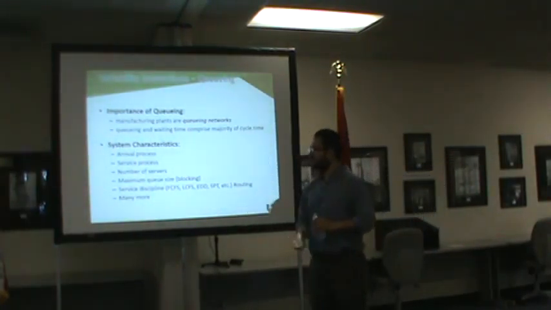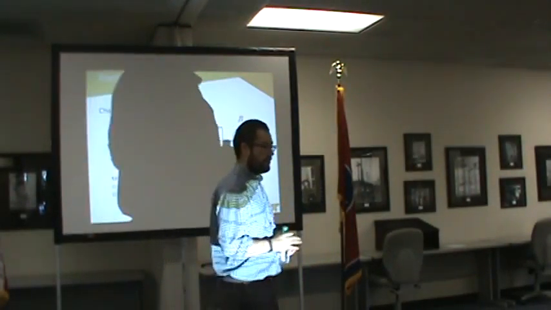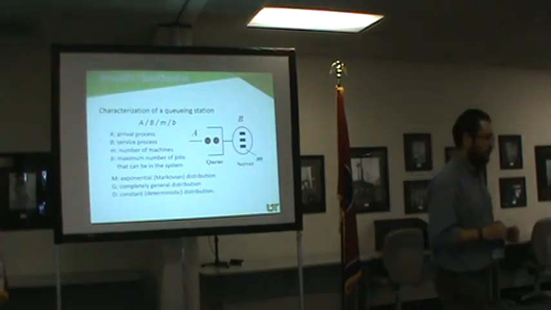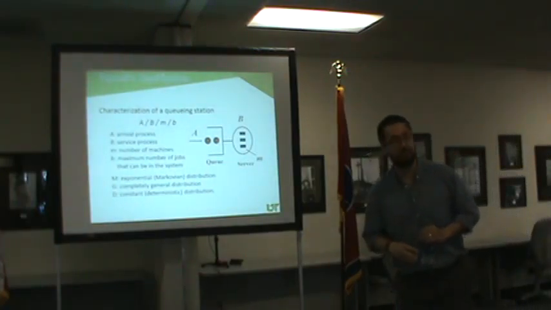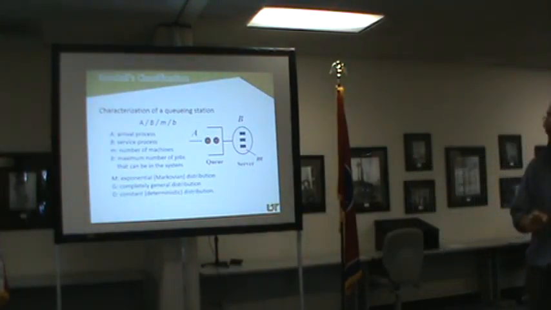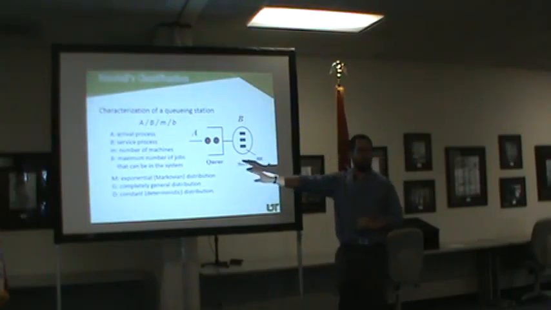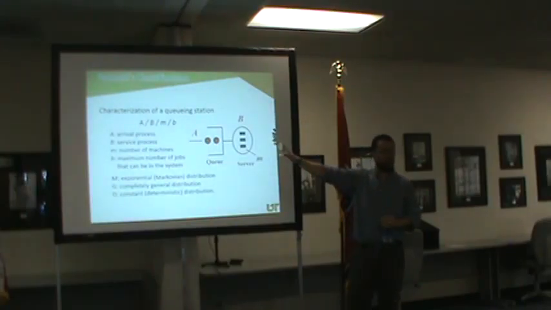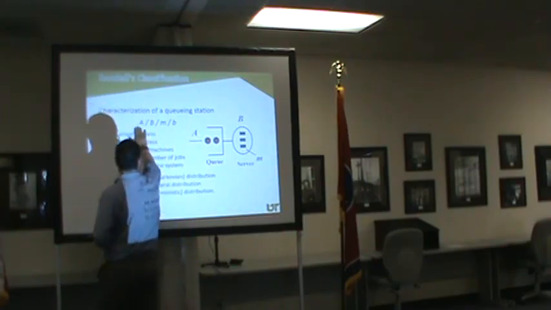So there's all these sorts of characteristics, but I guess what we're going to try to do is first understand the parameters of how queuing theory is explained, and then I guess the time is going to just allow us to explain the most simple configuration of queuing theory. So to understand this, this is how we are going to view queues always. And this is the common notation, called Kendall's notation, where we're going to find these things.